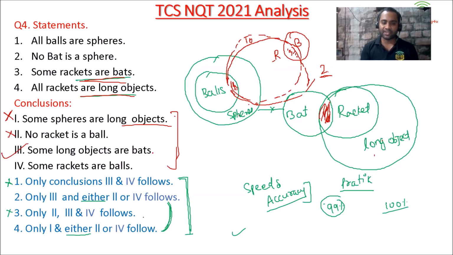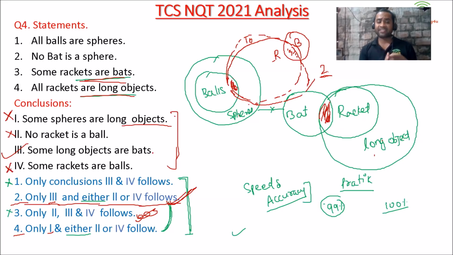Now friends, blindly you can say, sir, the third, sorry. So the second one will be your answer, right? The second one will be your answer because now either for 2 and 4, one will be correct. So only 3, only one is not true. So 3 is true. So we can say this will be true. But anyway, I'll verify the other parts. Some rackets are balls. So rackets and balls. So in this diagram, racket is crossing balls. But in this diagram, racket and balls, there is no relation. So we will again say that this is false, right?